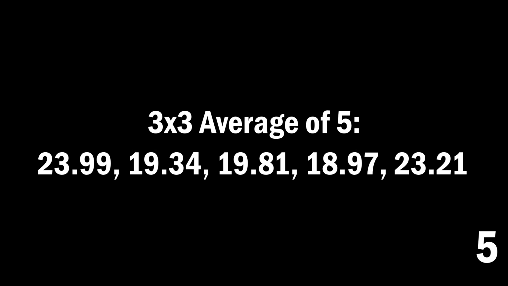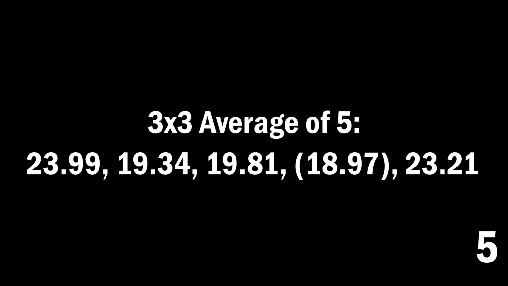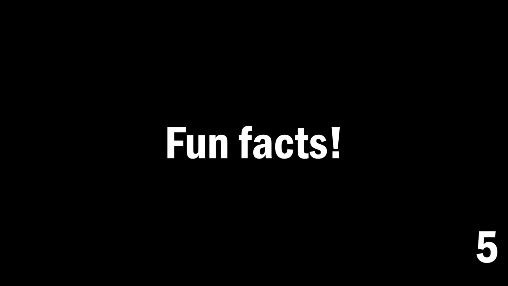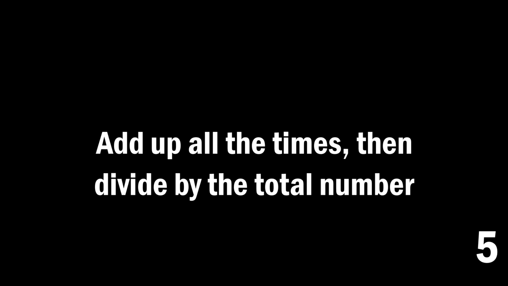So here we have 5 solves, and let's take the average. In cubing, what we do for an average is remove the best time, remove the worst time, and then take the mean of the last 3. So you might be thinking, okay, in cubing we just have a different meaning for the word average, but that's not actually true. Something interesting about the word average is if you think it means to add up all of the times and then divide by the total number,